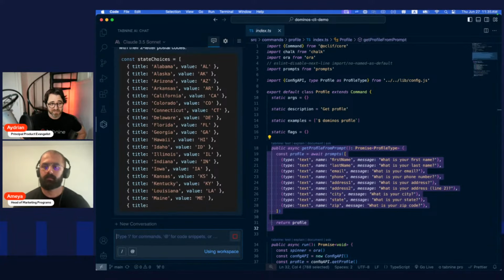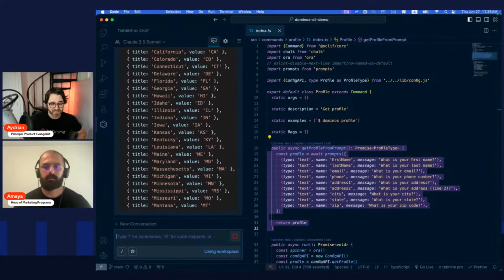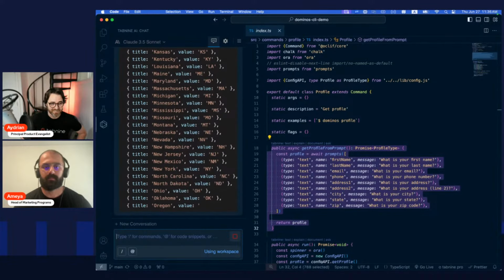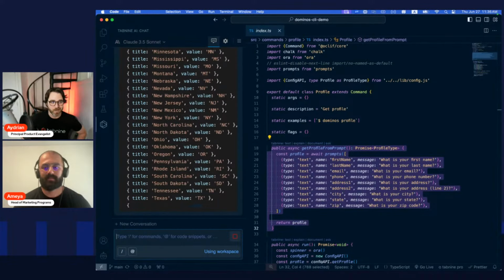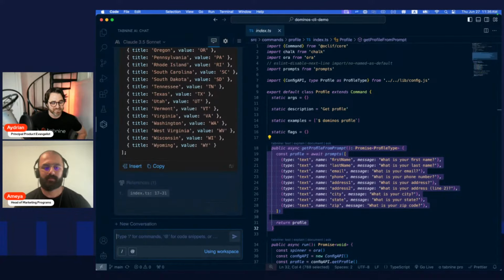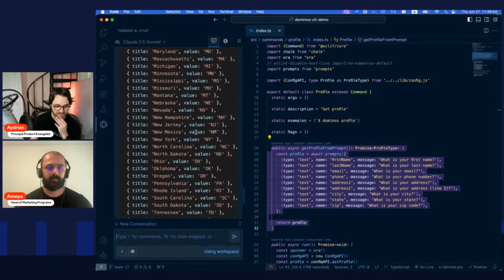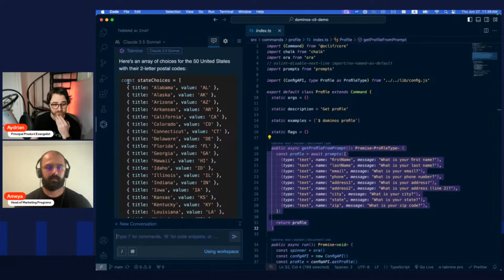I don't know about you, but I've had to write out state names or use some kind of magic with Excel to generate this kind of stuff because I do not like typing. And the fact that it's just going through and creating all of this is great. And it did exactly what I wanted. So it created an array. It gave it a name.